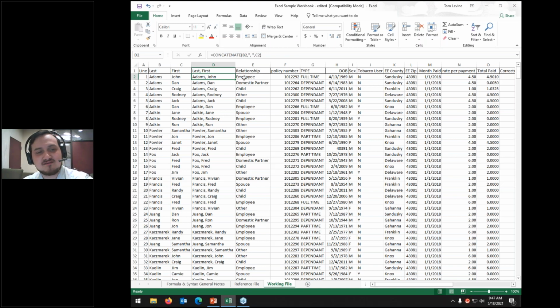The way that I did that was first by hitting equals. When you type equals into a cell, it tells Excel that it's either about to do some math or that it's about to use a formula. So you have to put equals at the very front of any formula you use by typing. Then you have the name of the formula, in this case concatenate. As you're typing this in,